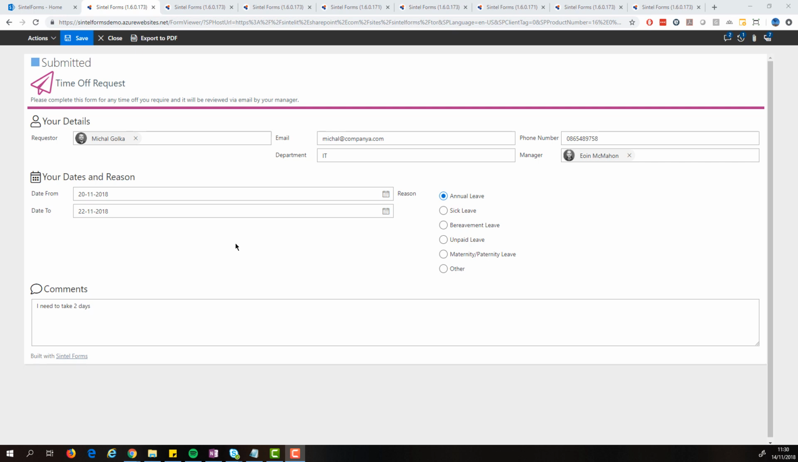This short video is to demonstrate the use of Sintel Forms across a PC, tablet and smartphone. It's intended to show both the key features of the product and how the form appears on various devices. To start off with, we will take a look at this time off request form and how it appears on